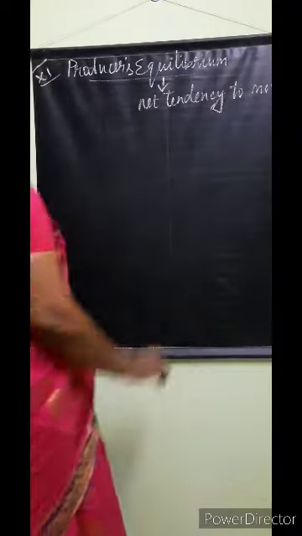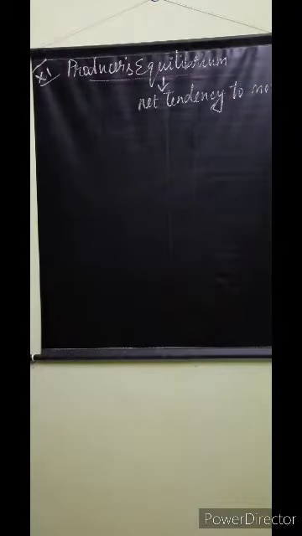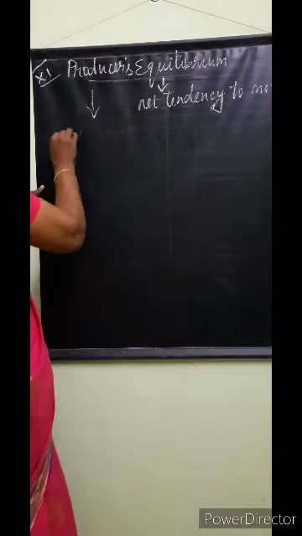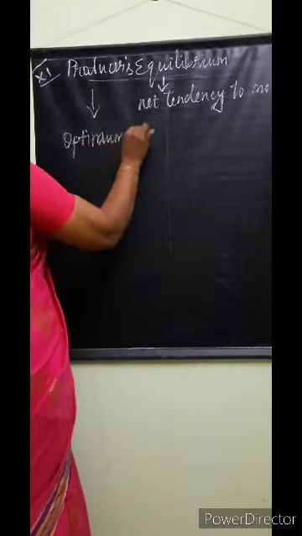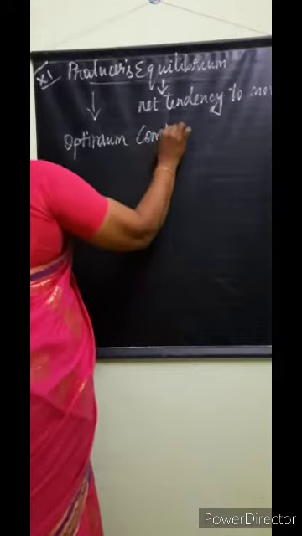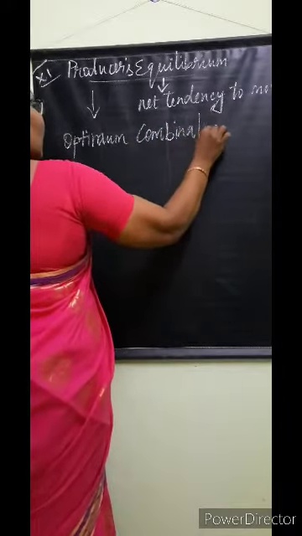So that is equilibrium. Consumer's equilibrium we have already studied, and we studied the price line or the budget line, isn't it? After studying the indifference curve analysis, we studied the consumer's equilibrium. Here we are going to study the producer's equilibrium. The other name for producer's equilibrium is the optimum combination of two factors.